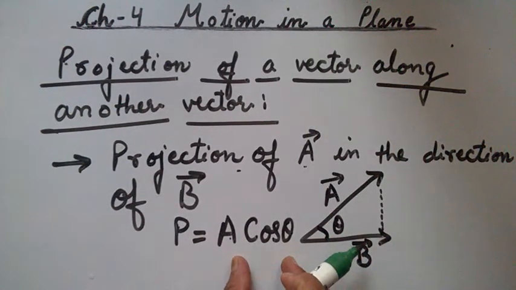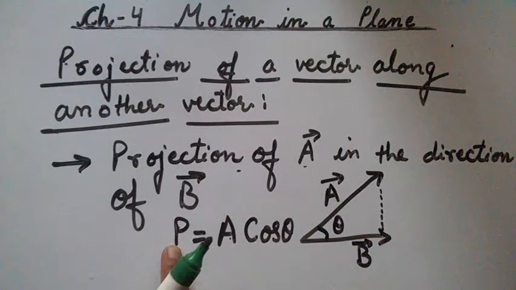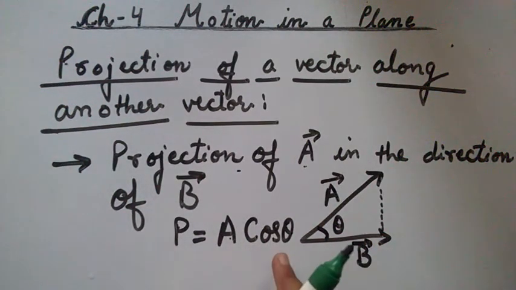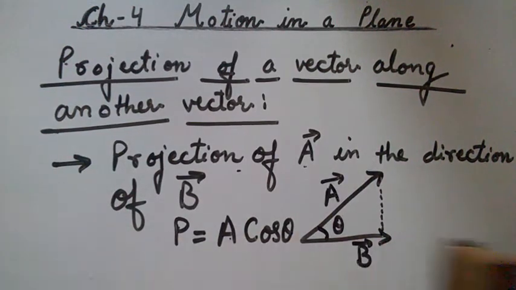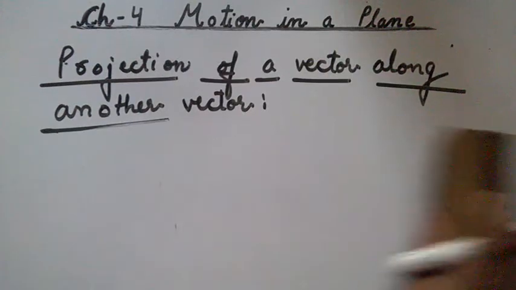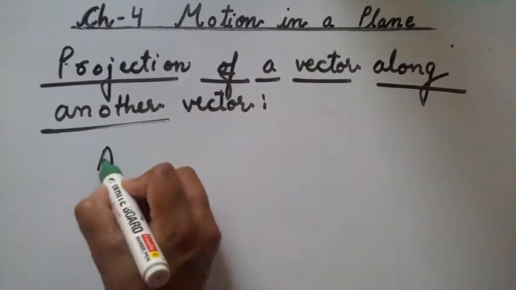So let's suppose it is denoted by P. Projection is denoted by P. Now cos theta can be written by the formula